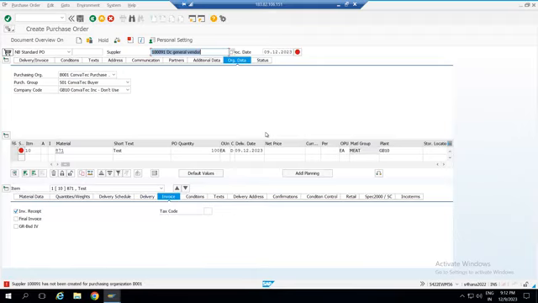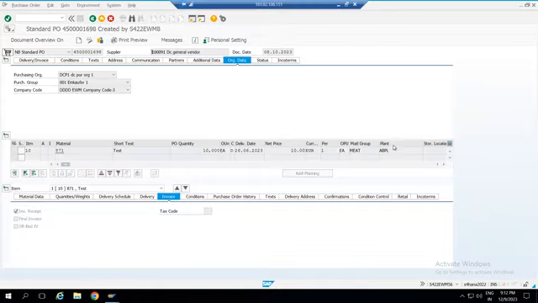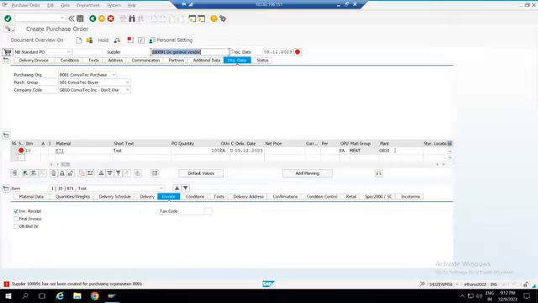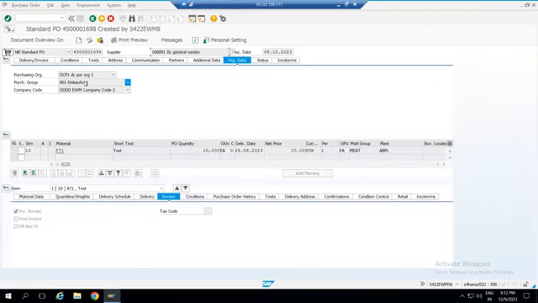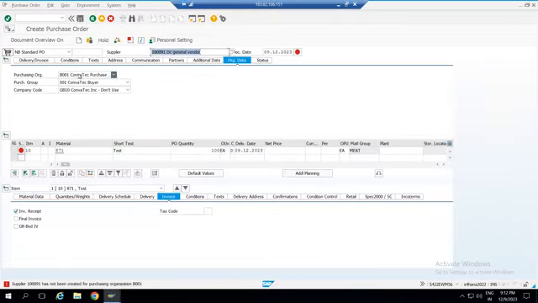Say Nestle or Walmart, you have multiple Walmart stores. Which store is placing the order? That will be your plant name. This plant is placing the order. Who is the purchase organization responsible for procurement of this plant?